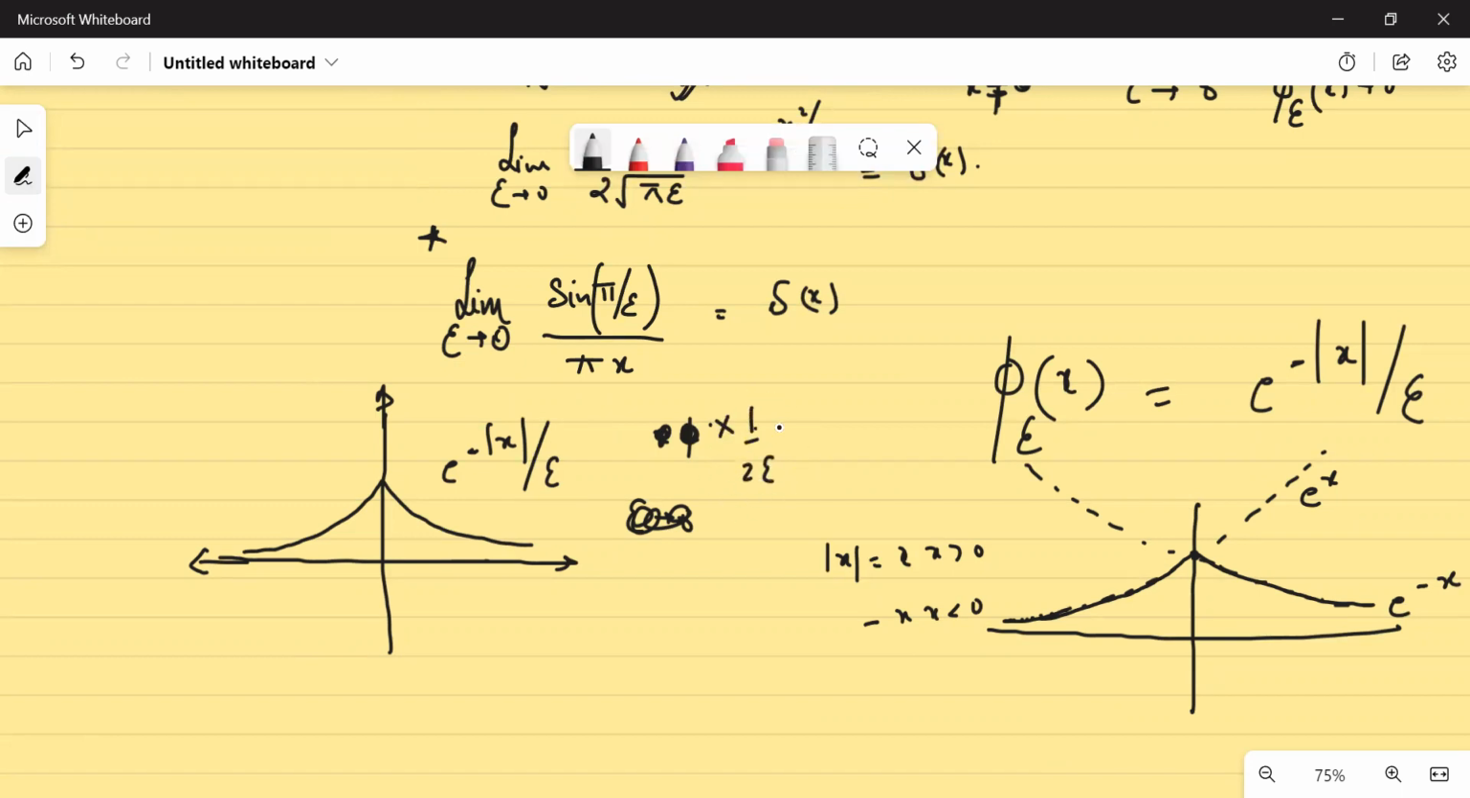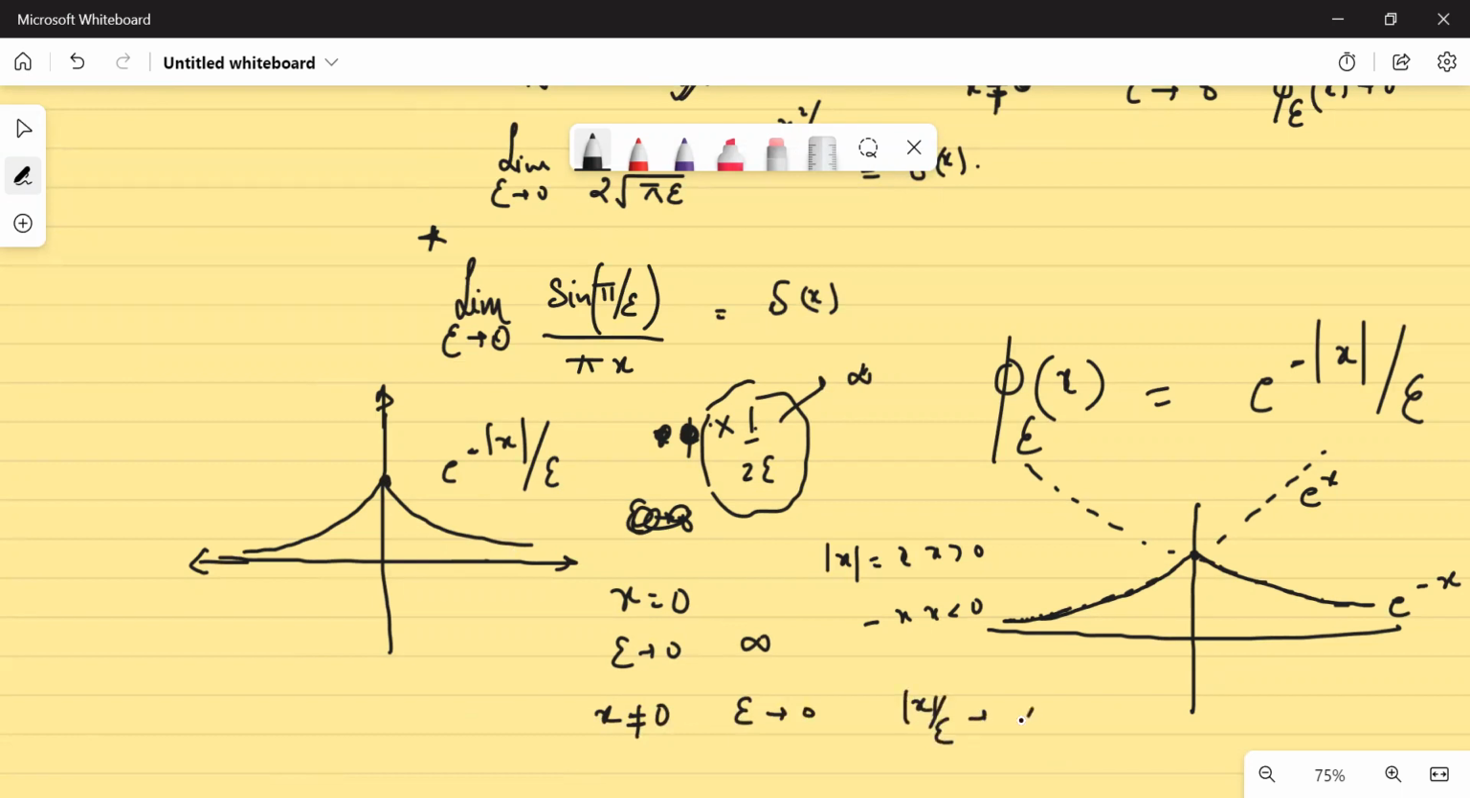So if I multiply with 1 upon 2 epsilon, now see, if x is equal to 0, this is 1. And here is a quantity which is associated, 1 upon 2 epsilon. Now, as epsilon tends to 0, this will go towards infinity. Now, if x is not equal to 0, and epsilon tends to 0, it implies modulus of x upon epsilon would go towards infinity. So you can see that this is going towards infinity, and as this is going towards infinity,